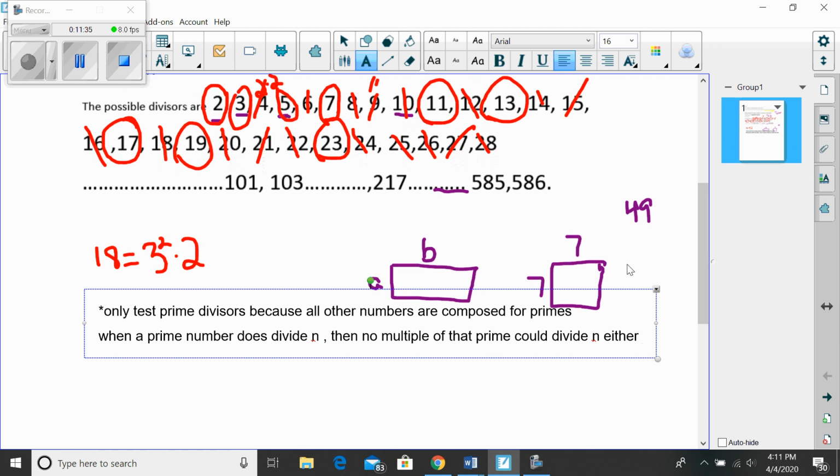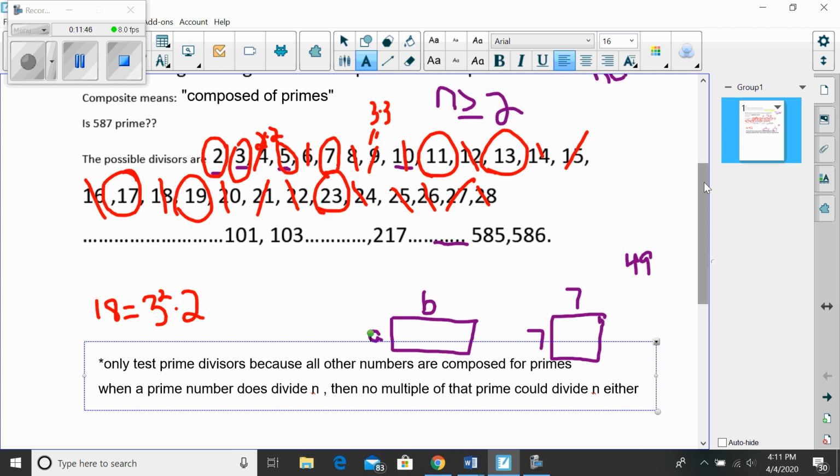Okay, then I hope there's other things you notice that would make your life easier. For example, if I took my n, which is 587, and I tried to divide it by, say, 23, I got about 25 and some change. It's not a whole number answer, which is how I know it doesn't divide, but that would tell me that